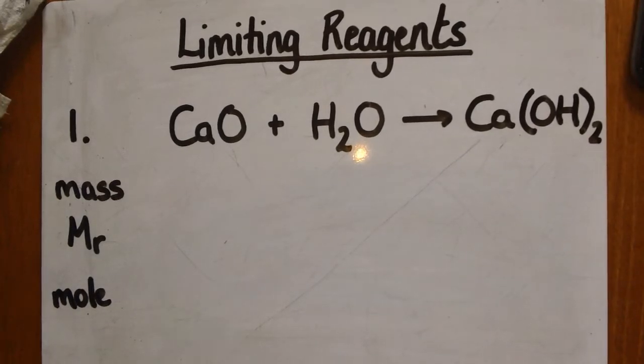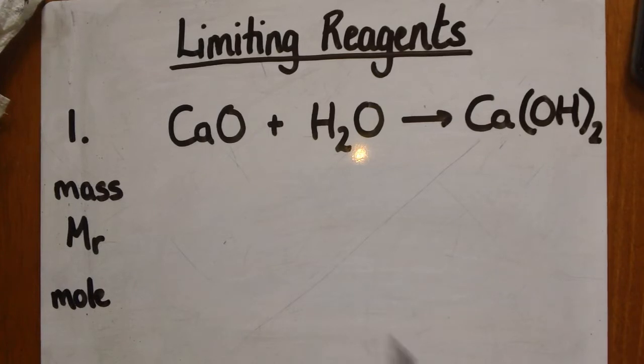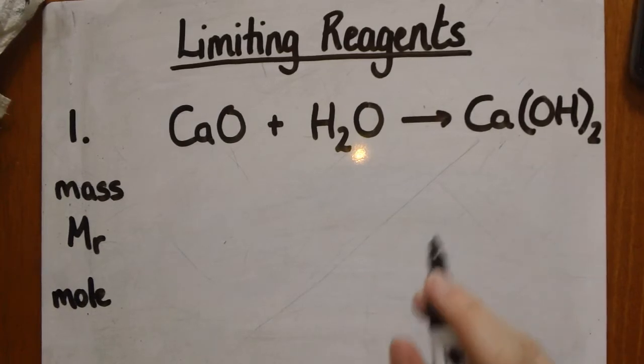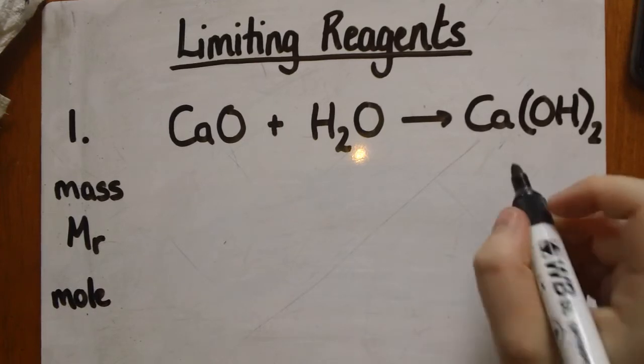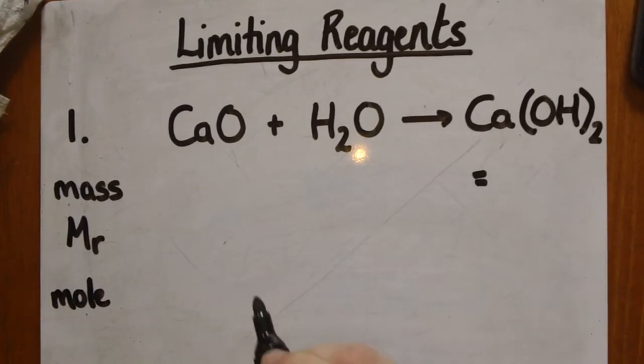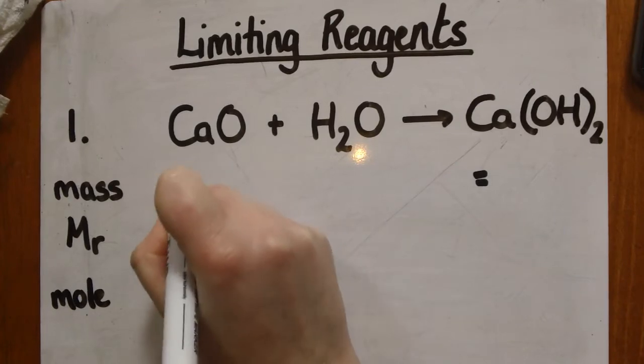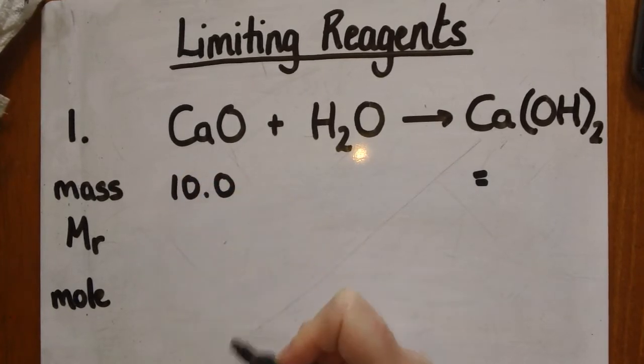Now we're going to look at our limiting reagents, the full thing. So this is very similar to reacting masses until we get to the moles section. So for question 1 here, we have calcium oxide plus water makes calcium hydroxide. We're then told what mass of calcium hydroxide would be formed when we have 10 grams of calcium oxide and